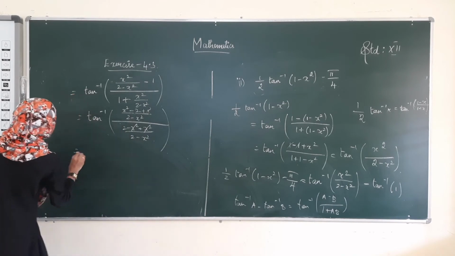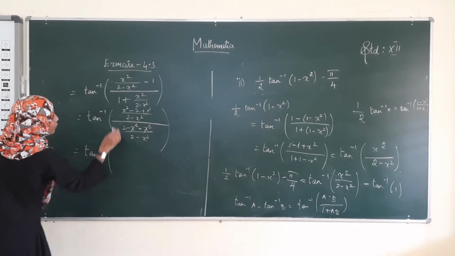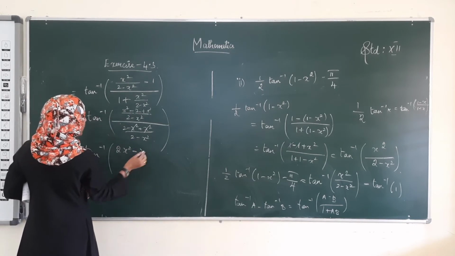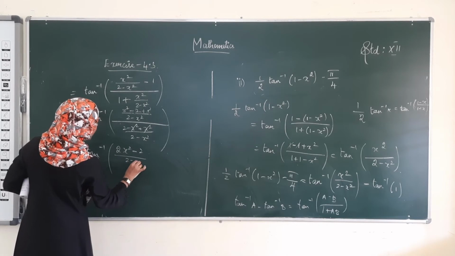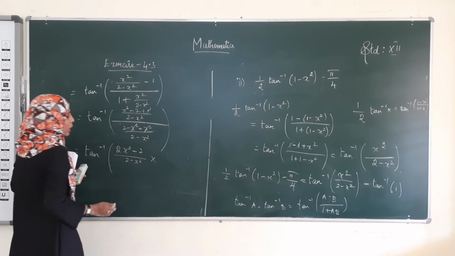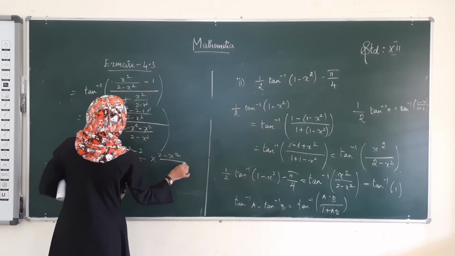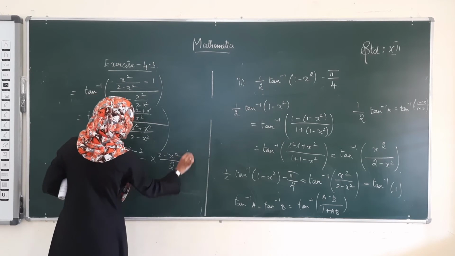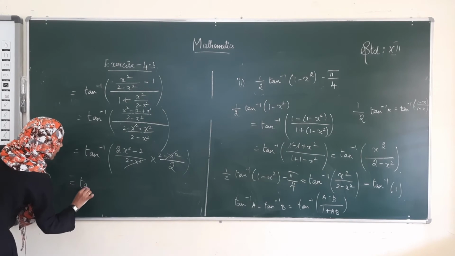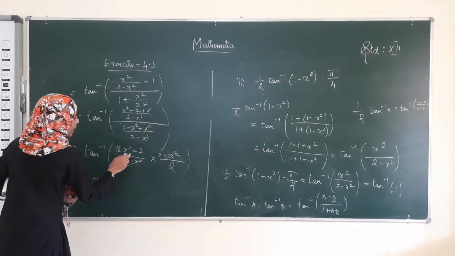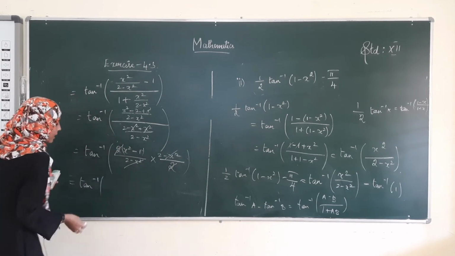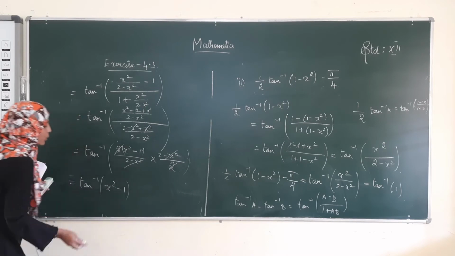And here it becomes tan inverse of 2x squared, right? x squared plus x squared is 2x squared, minus 2, divided by 2 minus x squared, into, when it goes up it becomes reciprocal. Okay, 2 minus x squared divided by, here we have only 2 as remaining. See, this term and this term get cancelled. Okay, then tan inverse of, see here, we can take 2 outside, then x squared minus 1. This 2 and this 2 get cancelled. Tan inverse of x squared minus 1.